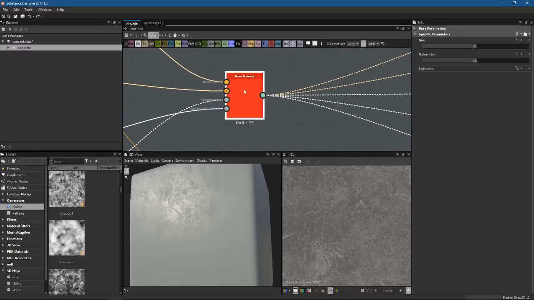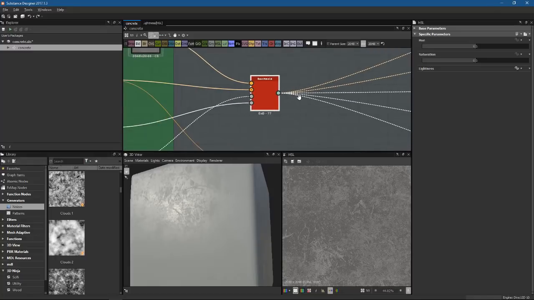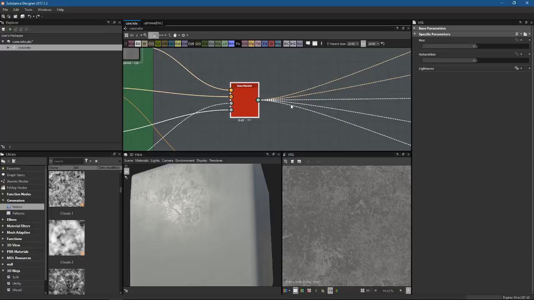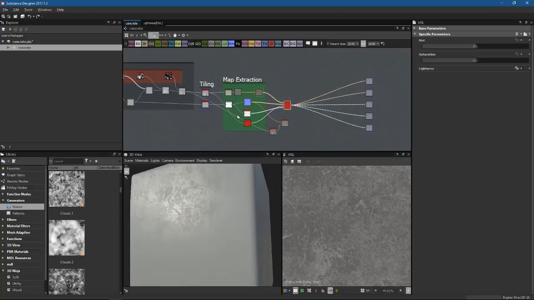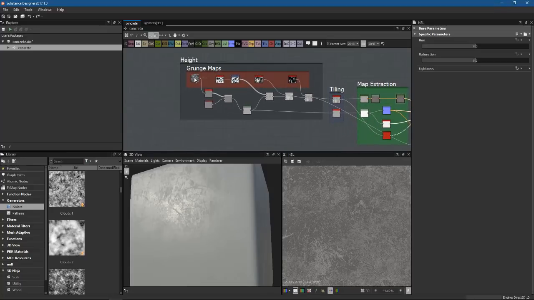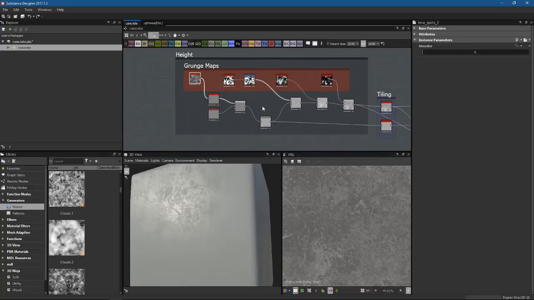Also, one last thing I'll mention here, what's nice about this base material is if I wanted to start to layer materials together, I can now do that. So let's say I had another material that I had placed here. I could use a material blend node to blend two different materials at this high material level. So here at the beginning of the graph, we're working very granular, node by node, and then we start